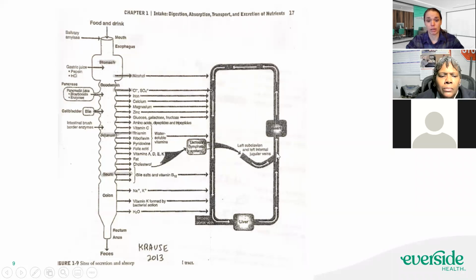The liver is kind of like the processing plant. So everything pretty much goes through the liver to help process a lot of this stuff. Fat and protein have to go to the liver to be processed. Glucose or carbohydrates can usually go straight into the bloodstream and go to where they're supposed to go. All that being said, this is kind of the backdrop. This is what it's supposed to look like. I hope I didn't lose anybody, so feel free to ask questions if I did.